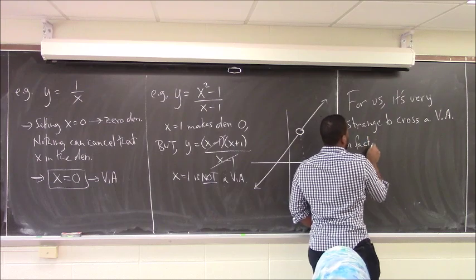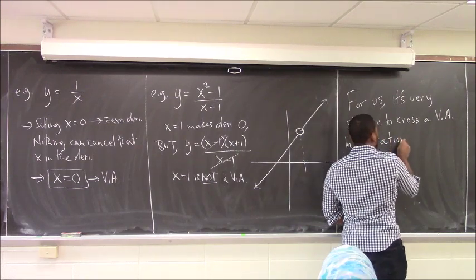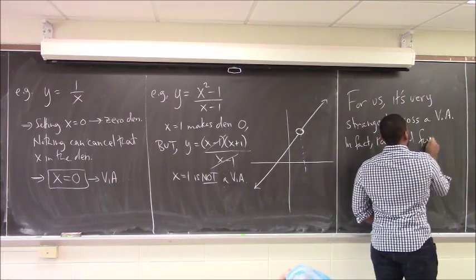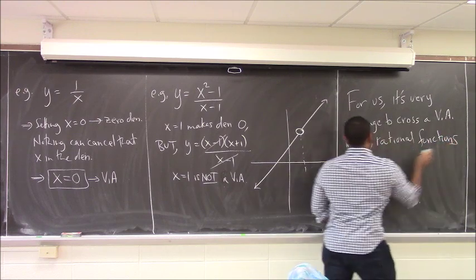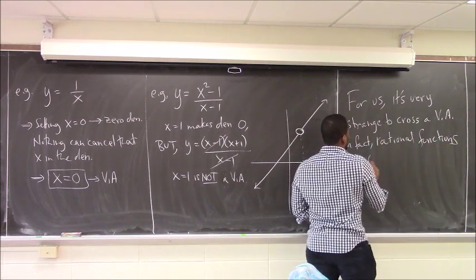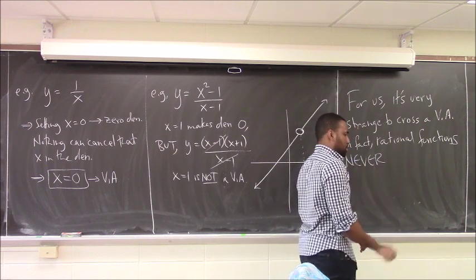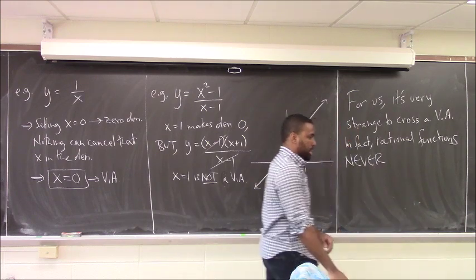In fact, rational functions never cross their vertical asymptotes. So if I ask you to graph a rational function, you find a vertical asymptote and you draw a curve across that line,